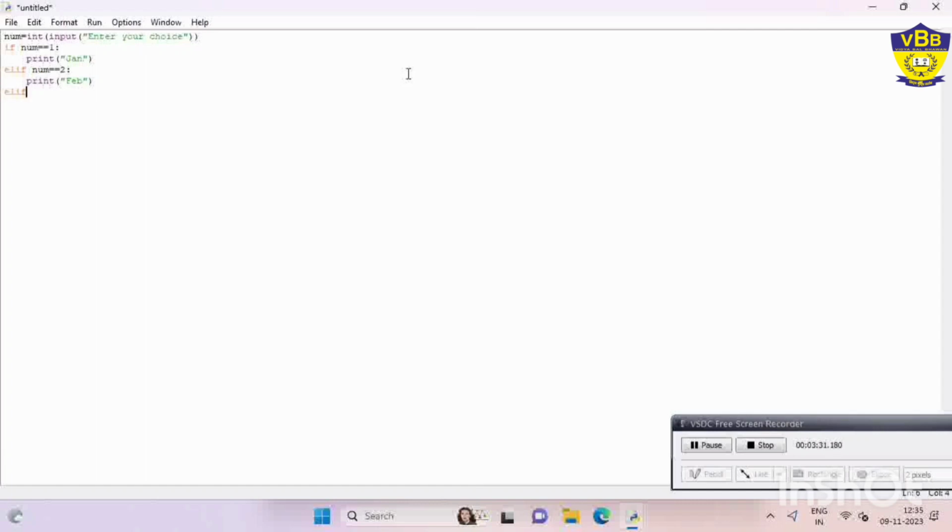You can go for the rest of the months in the same way, and at the end, if the value does not match any of these, it will show you in the else part: invalid input. It will be invalid if the user enters a value not from 1 to 12. If the user enters something else, it will show you a message like that.